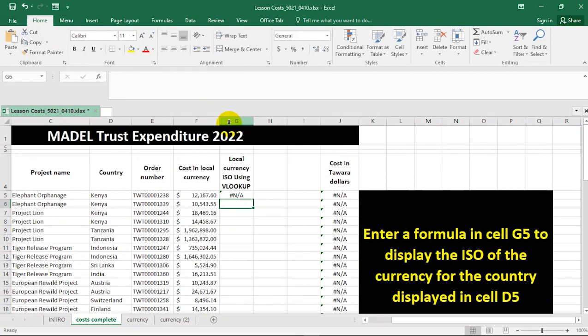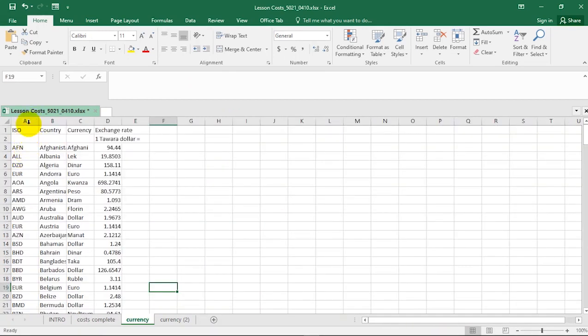Now, ideally, for a normal VLOOKUP scenario, this is actually supposed to give us our correct answer. But in this case, it's giving us not applicable, an error message. So that is the deficiency of VLOOKUP, because if you notice from this table, the value that we are looking up, which is the ISO, is at the left side of your lookup table,